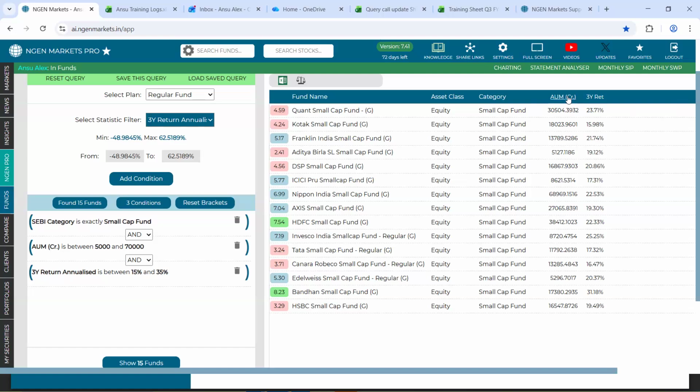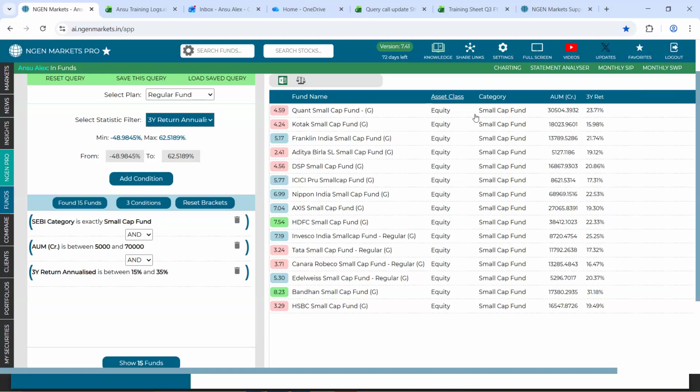The reason is that these were the only two conditions that we had input, AUM and 3-year return. The columns that you see in the query tab will be respective to the conditions that you have input. If you add more conditions, your columns keep on increasing accordingly.